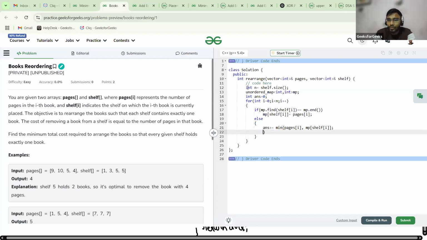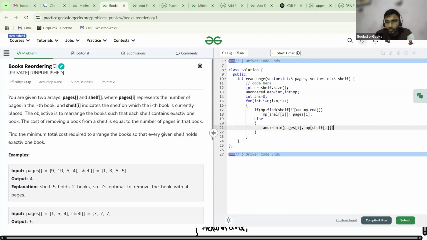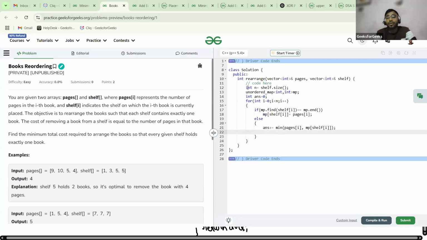Okay, no issue. Let me do something correct. And what I need to store? mp of shelf of i is equal to the maximum of mp of shelf of i and pages of i.